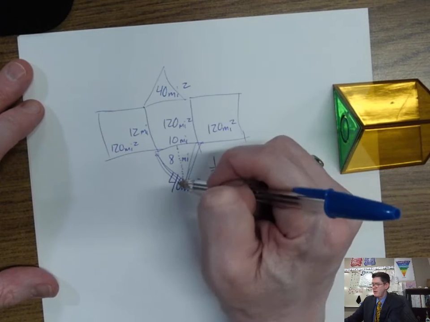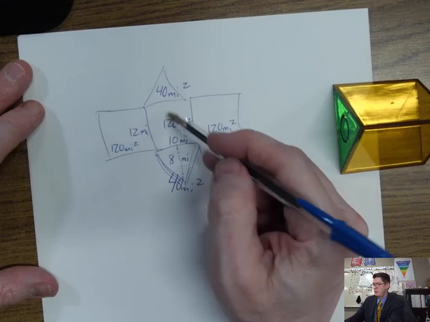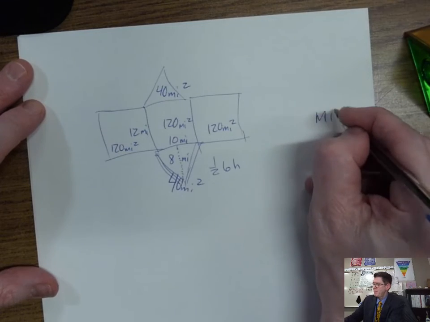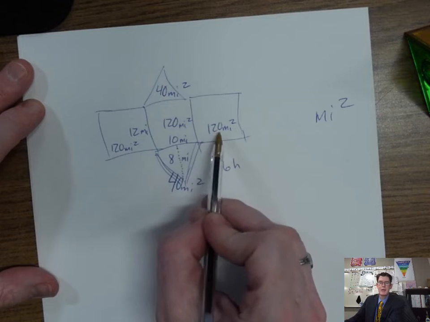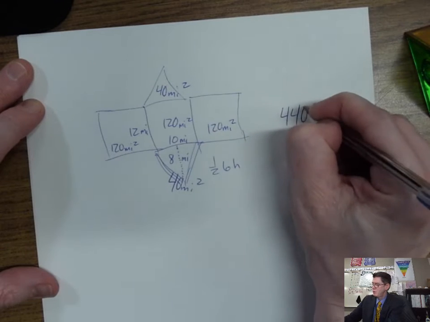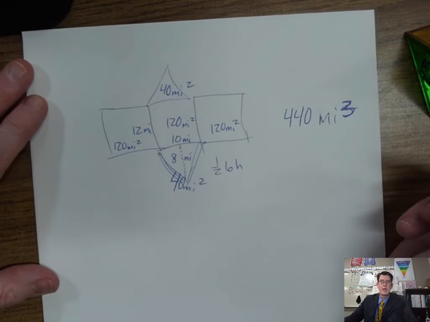We've got 40 and 40, that's 80 plus 120. So there's 200 miles squared there. There's 200 plus another 240. So this would be 440, whoa, cubed. 440 miles